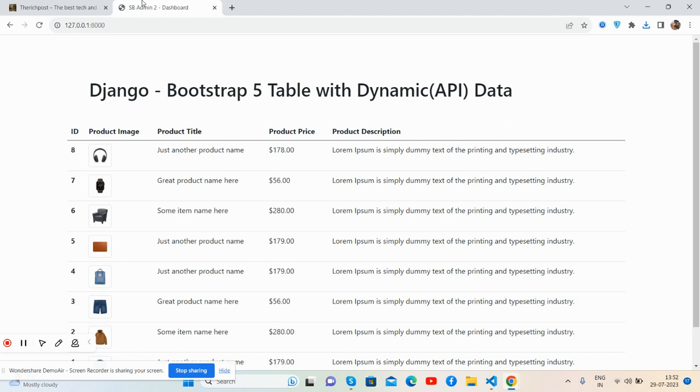So guys, in this working video I'm going to show you how to fetch and show API data into our Django application. Before showing you the working demo and code, I must say,